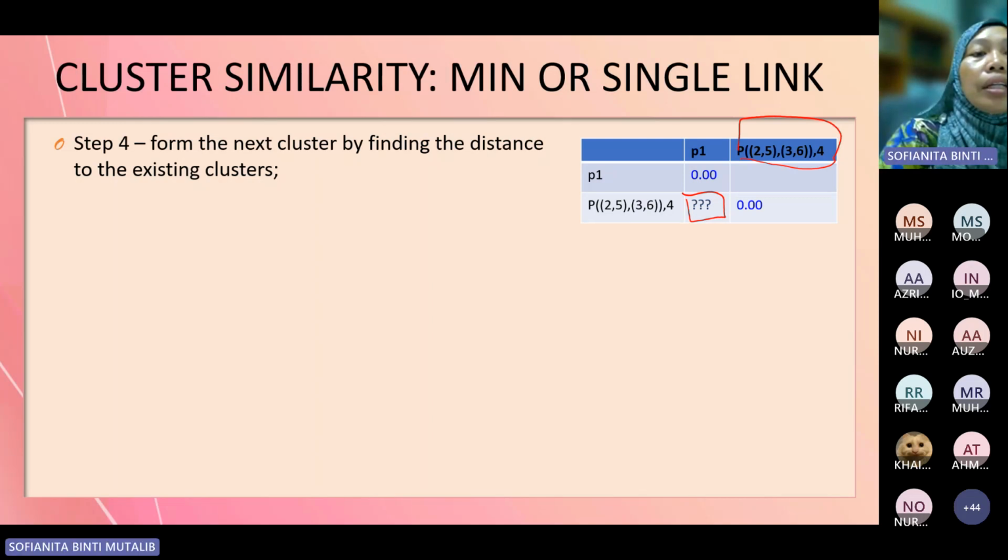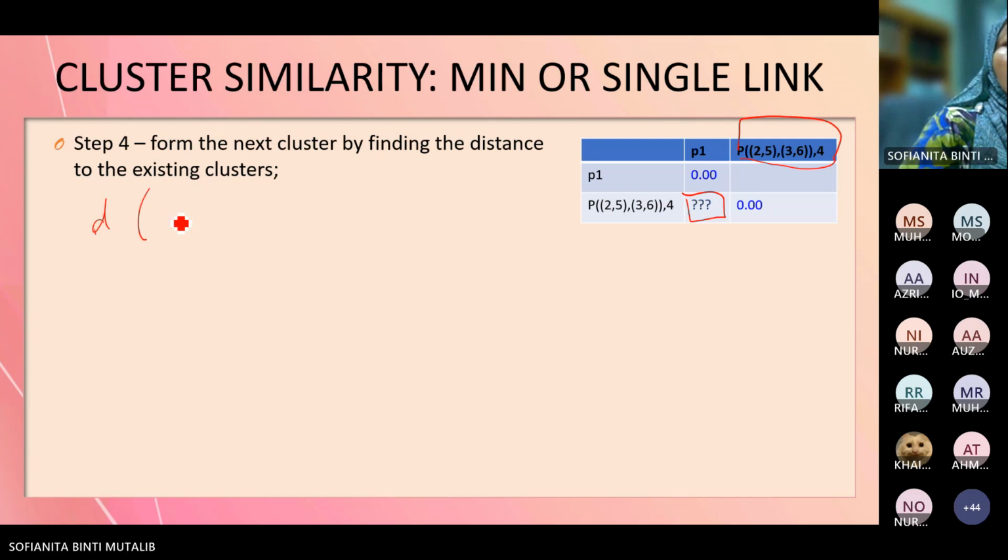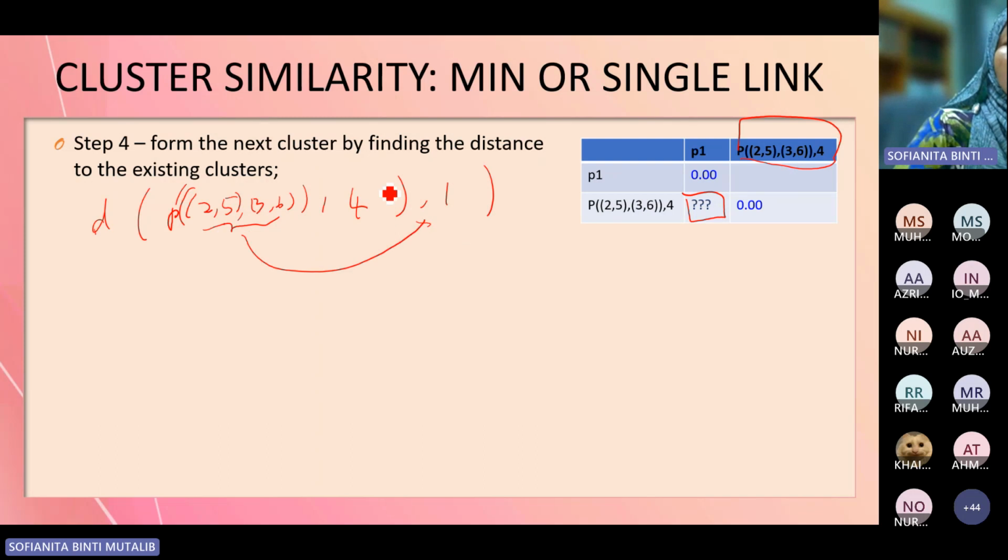Technically the mean distance should be the distance of 0.25, 3, 6, 2, 4, and 1. So this is to here, and this is to here. Minimum of